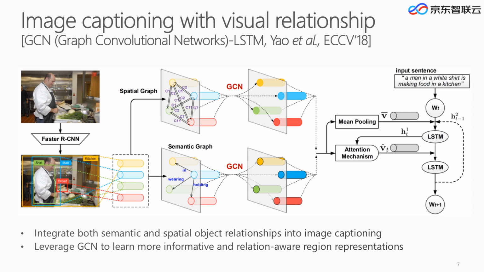The GCN is then employed to contextually encode the regions with visual relationship. After that, the learned relation-aware region-level features from each kind of graph are fed into one individual attention LSTM decoder for sentence generation. In the inference stage, we adopt a late fusion scheme to linearly fuse the results from the two decoders.